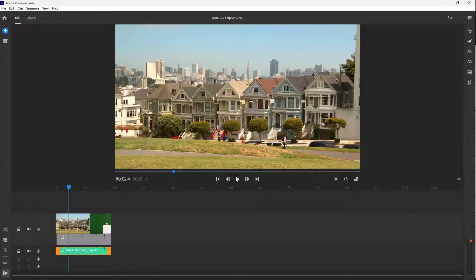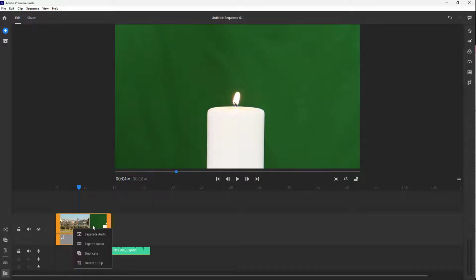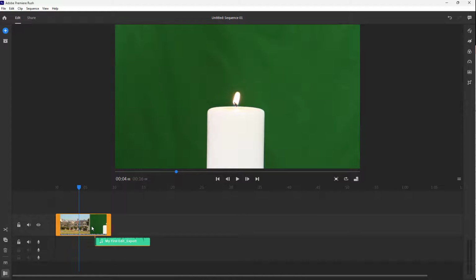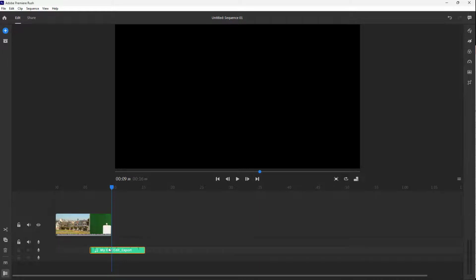If I were to press the play button, you still hear the audio, but now you can change out the audio just like this, as you can see. So I'm just going to right click and click on expand audio so that it is minimized. And over here, you can see that this is the audio right here. And you can move out the audio,